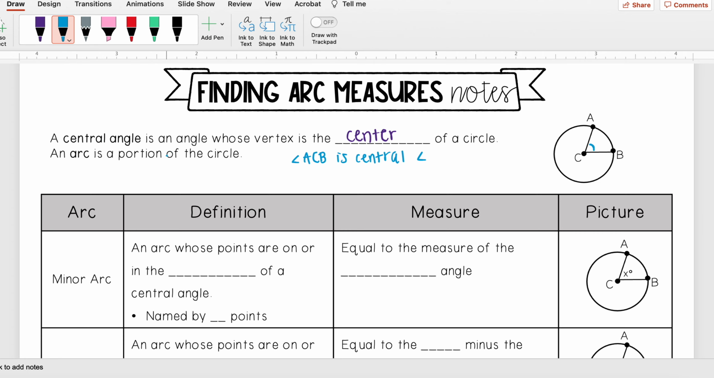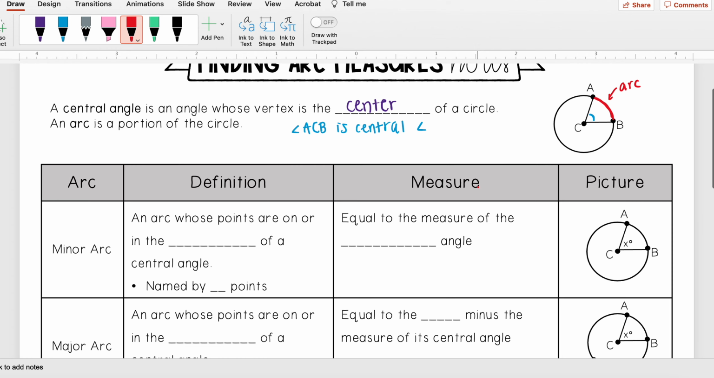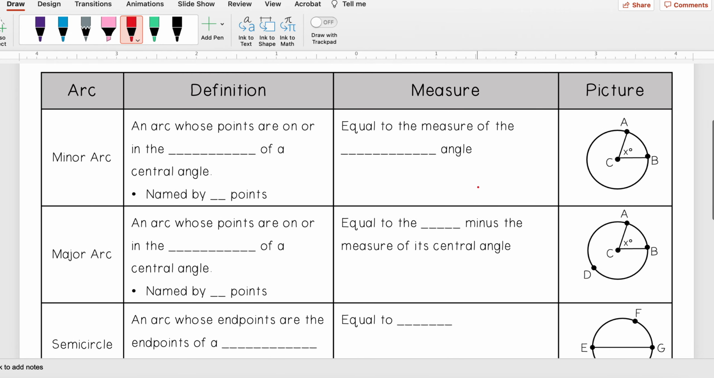An arc, on the other hand, is a portion of the circle. So for example, this part right here would be the arc. And so we actually have three different types of arcs that we can see in a circle. The first one is called a minor arc, and a minor arc is an arc whose points are on or